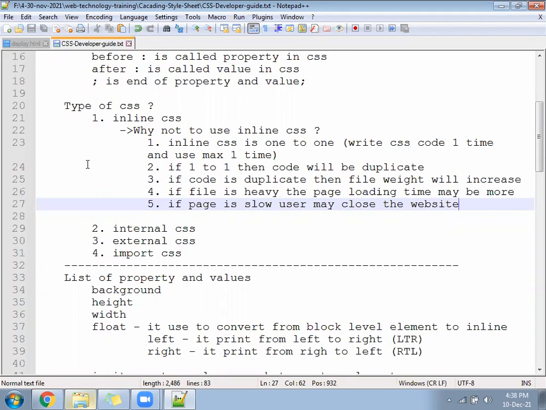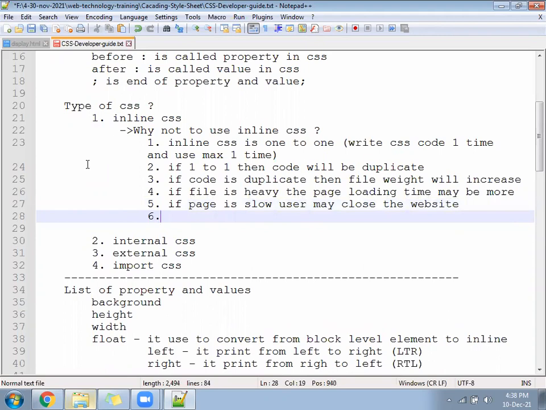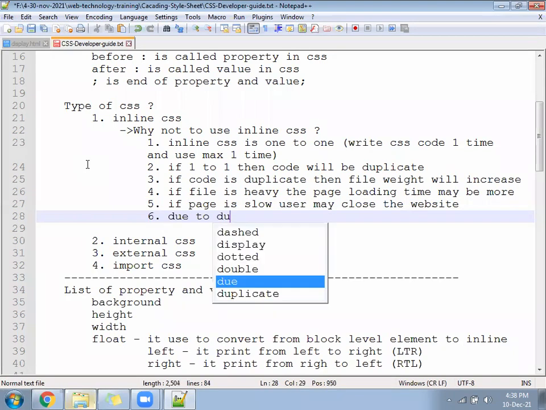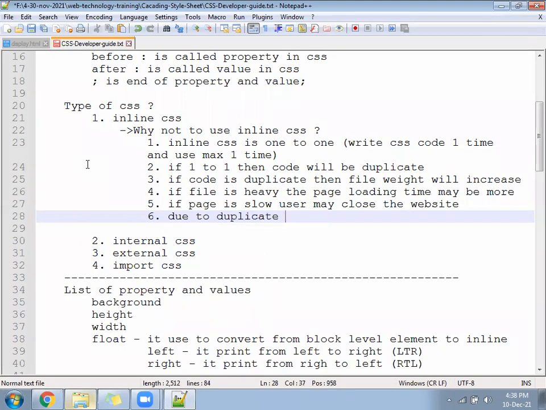Okay, come down. Next point you are going to write, due to duplicate code, what will happen?